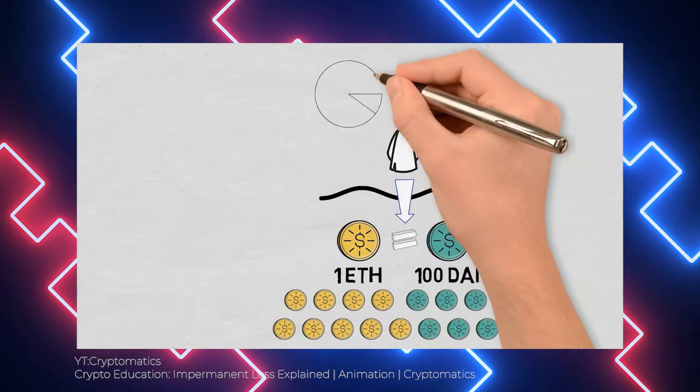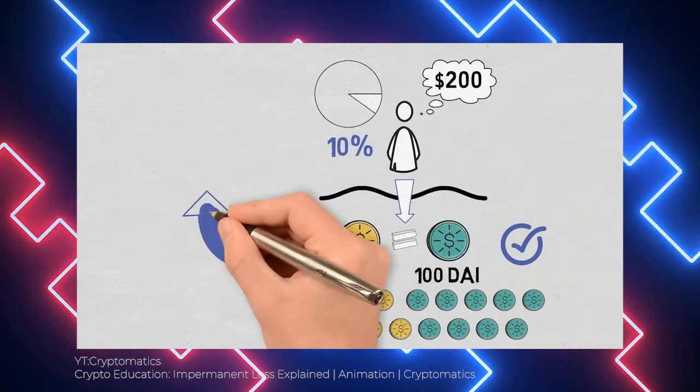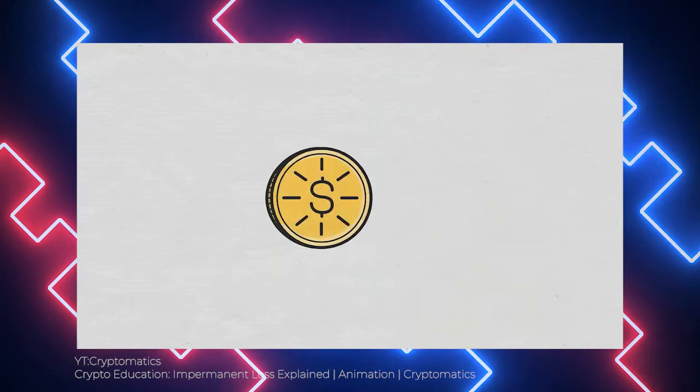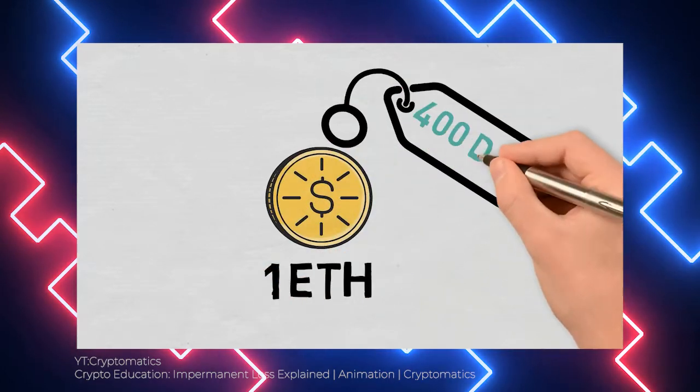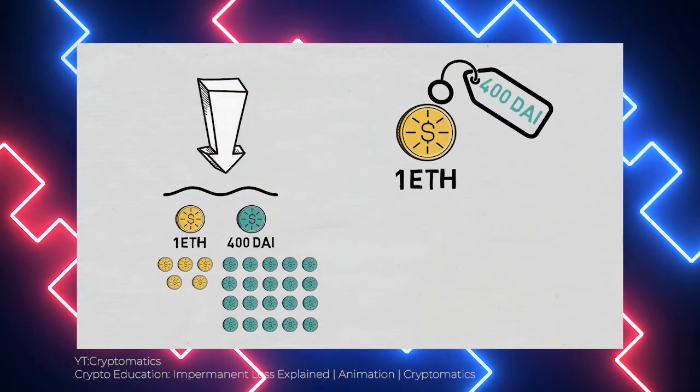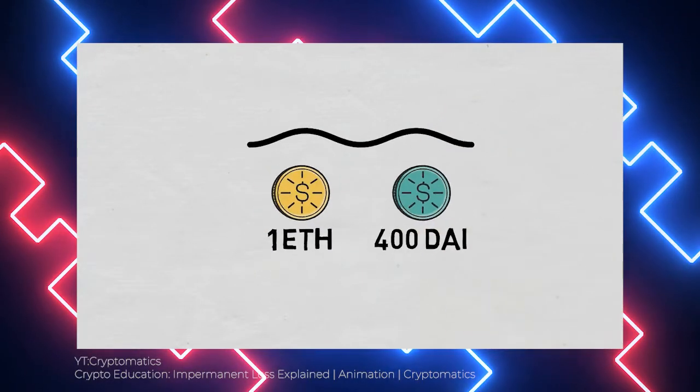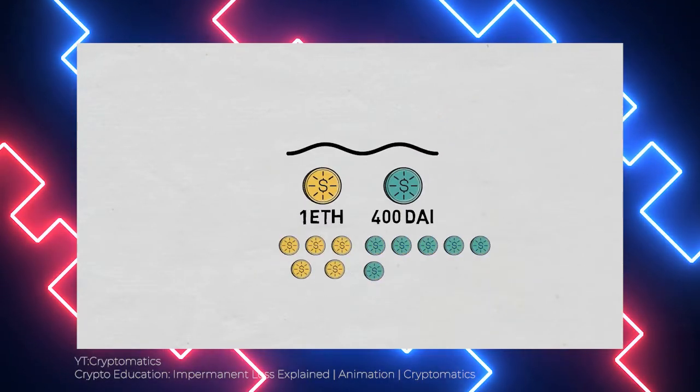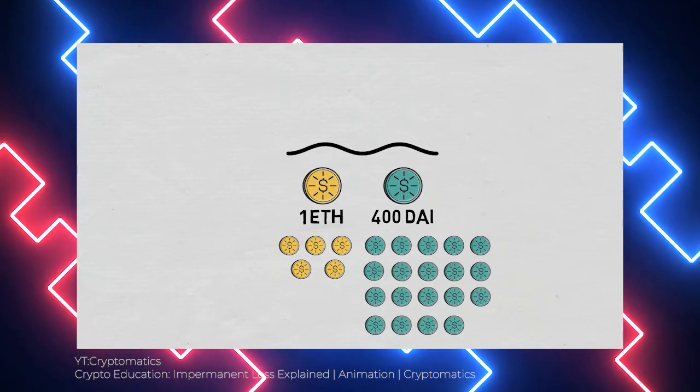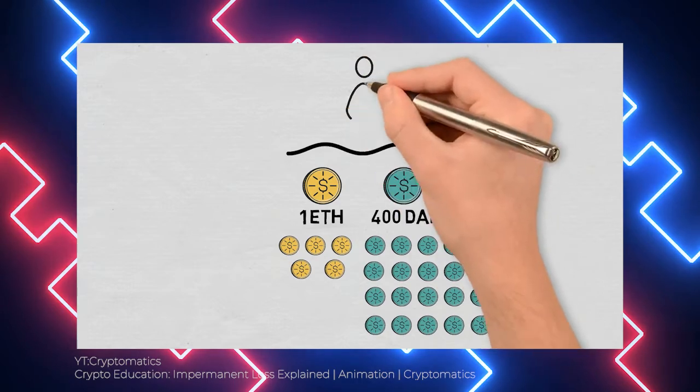What determines the price of the assets in the pool is the ratio between them in the pool. While liquidity remains constant in this pool, 10,000, the ratio of the assets in it changes. If ETH is now 400 DAI, the ratio between how much ETH and how much DAI is in the pool has changed. There is now 5 ETH and 2000 DAI in the pool, thanks to the work of arbitrage traders.